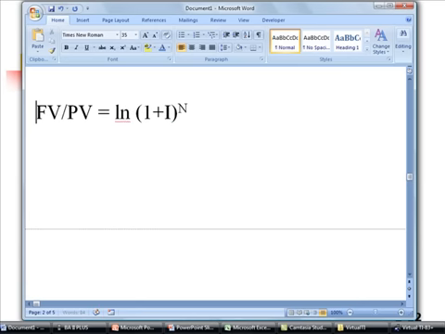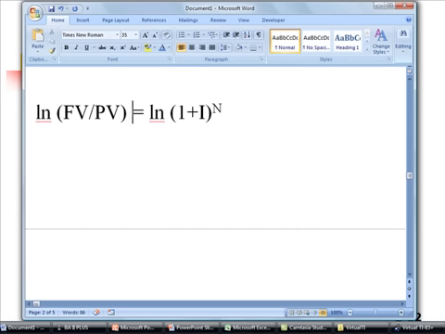So what we can actually do is take the natural logarithm of both sides of the equation. And if you remember this from algebra, that's wonderful. If not, then you're probably in good company. But here's what actually ends up happening. When you take the natural log of something to a power, then it ends up that this exponent comes down, and this is the same thing as n times the natural log of 1 plus I. That's one of the properties of logarithms. So now we're actually in business. Now we can divide by the log of 1 plus I,